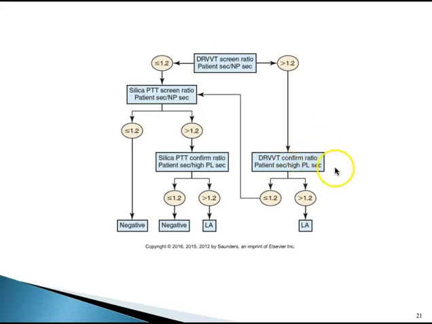So the confirmatory DRVVT test right over here is an assay using high phospholipid reagents, okay? So the results here will get compared to the results in seconds of the DRVVT screen. If the ratio is prolonged over the DRVVT confirmatory result by a predetermined ratio, which is typically 1.2, then a lupus anticoagulant is confirmed right over here. So if you get a ratio of greater than 1.2, then you can confirm that lupus